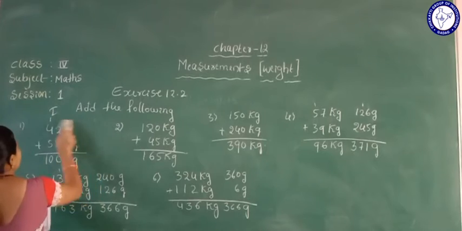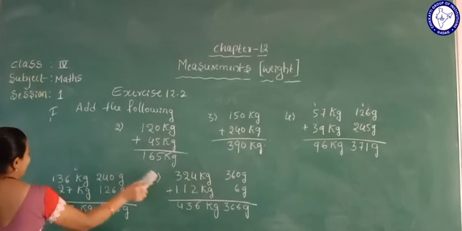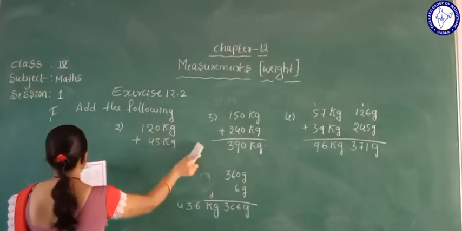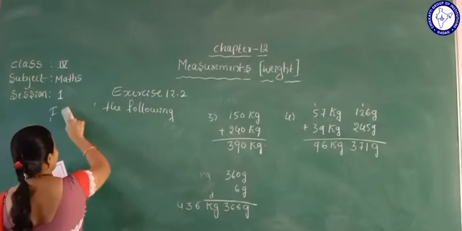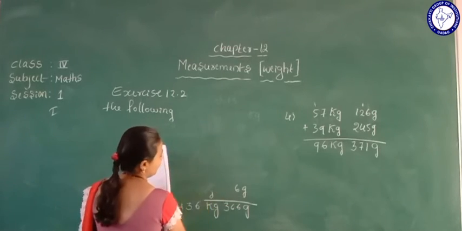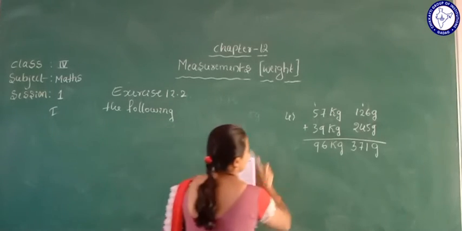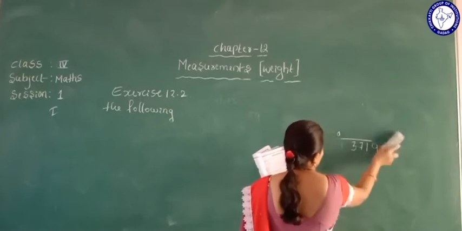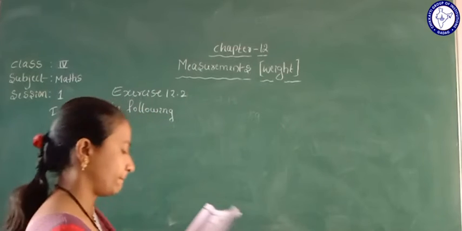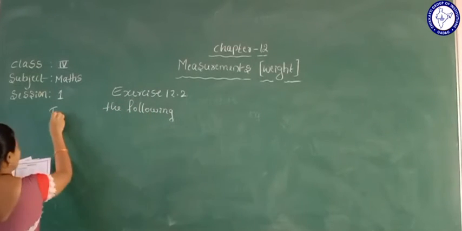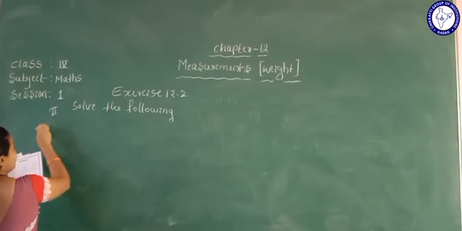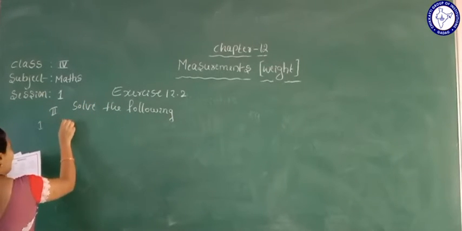Okay, next question, what is given here? So this is all the addition. Okay, so next question is given here. Solve the following. Second question, solve the following. First one, weight